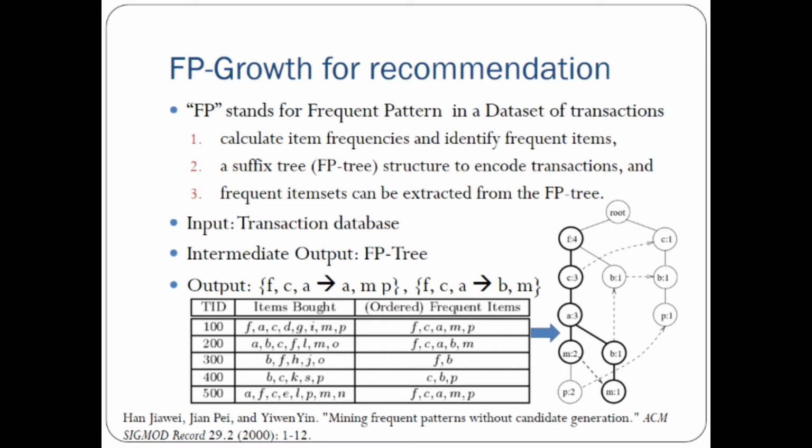Then C is also occurring very frequently. It is occurring again 4 times. So C should be part of the frequent items. Again, A was occurring frequently, so you choose A as a frequent item, then M, then P, because these are occurring frequently, and thus you create this type of ordered frequent items. And then after this you create the FP tree, meaning the tree where F occurs, then C, then A, then M, then P in the chain. F, C, A, M, P is the chain.